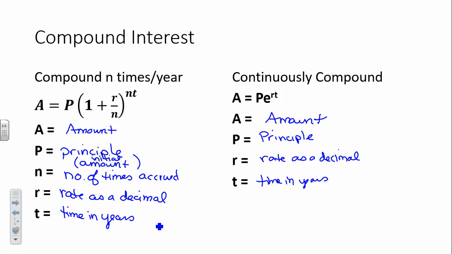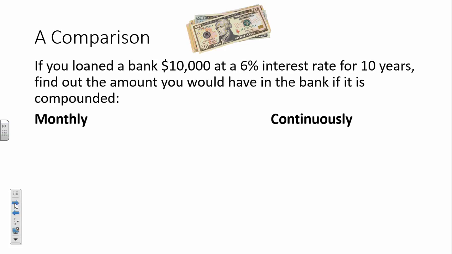Guys, remember these formulas? Hopefully we'll do enough problems that you'll know them off the top of your head and not need a cheat sheet. Okay. So comparison. If you loaned a bank $10,000 at 6% interest rate for 10 years, find out how